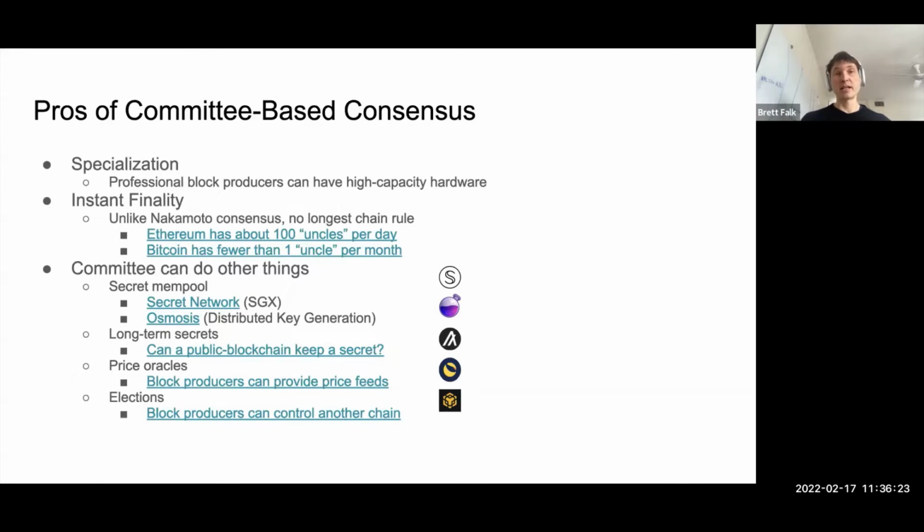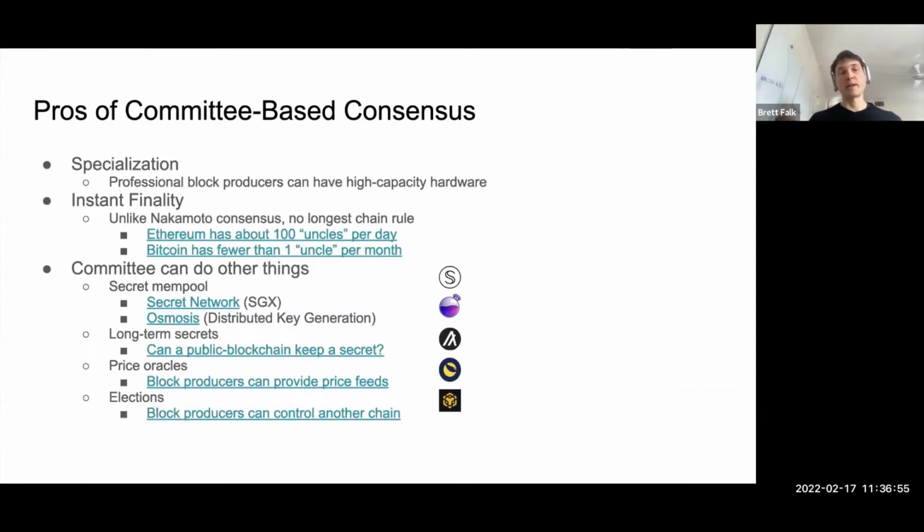In Nakamoto consensus, basically the chain can fork, right? The consensus is reached by a longest chain rule. In Bitcoin, for example, there's a heuristic that you don't consider a transaction finalized until it's buried 6 blocks deep. It's not once you see your transaction in a block; you have to wait for some amount of time until you're pretty sure you're on the longest chain. Whereas in chains with instant finality, as soon as you see your transaction in the block, you can be fairly sure it's finalized.